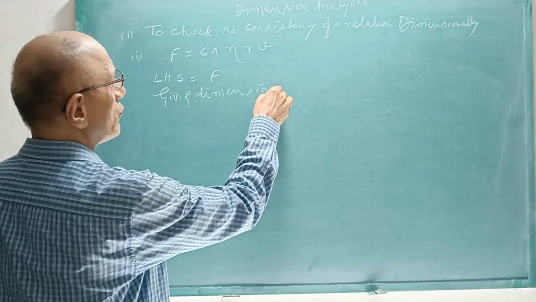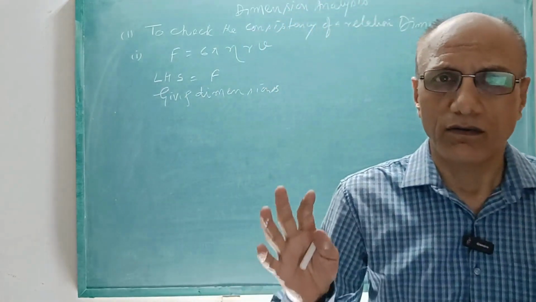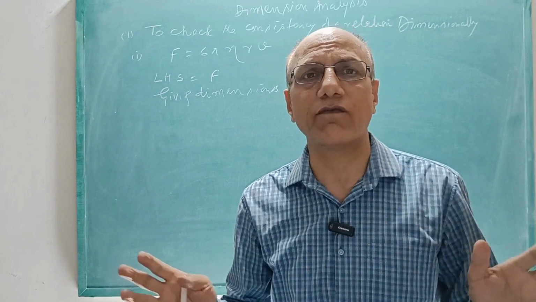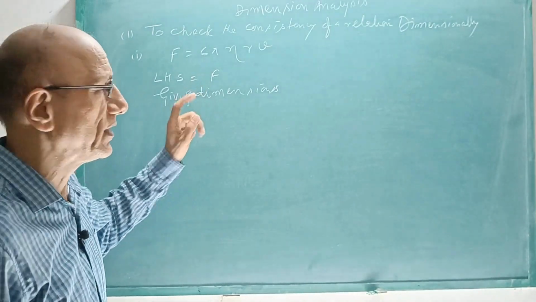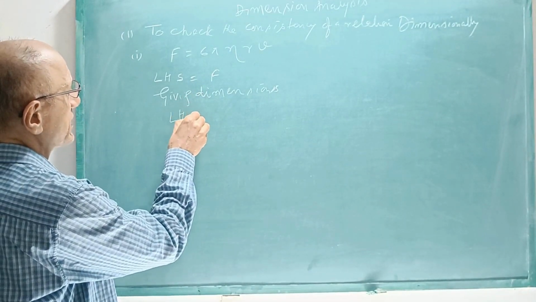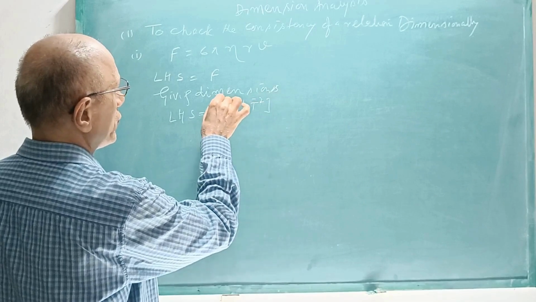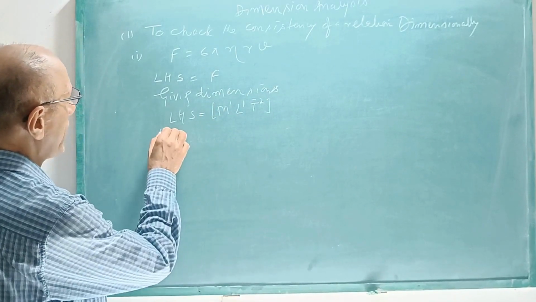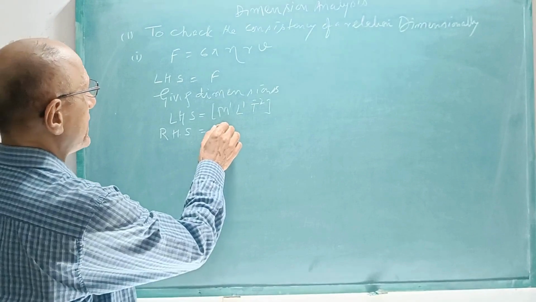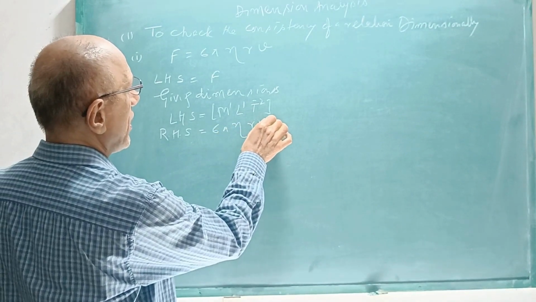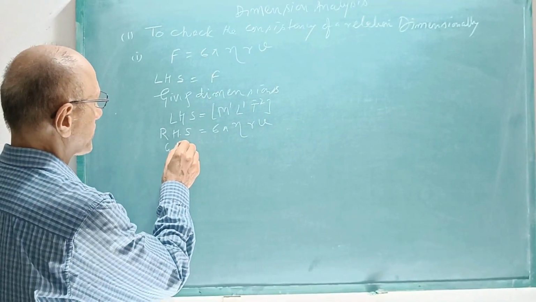You will only be able to do these questions if you know the dimensions of different physical quantities. So what is the dimension of the force? Yes, LHS equals M1 L1 T minus 2. So this is the dimension of this. Now we have RHS. What is in RHS? Yes, that is 6 pi eta RV. Now giving dimensions,